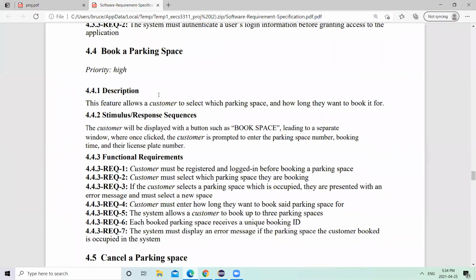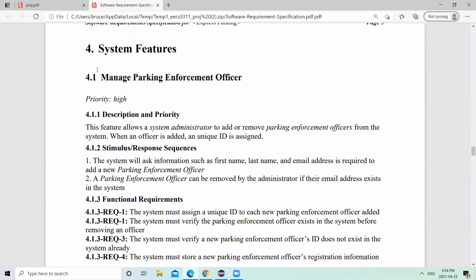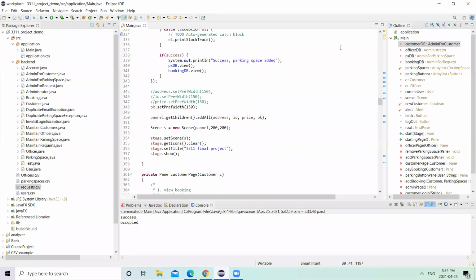Okay, for this application, I already fulfilled all the requirements. So for the first requirement, we are gonna manage the parking enforcement officer. So for this,